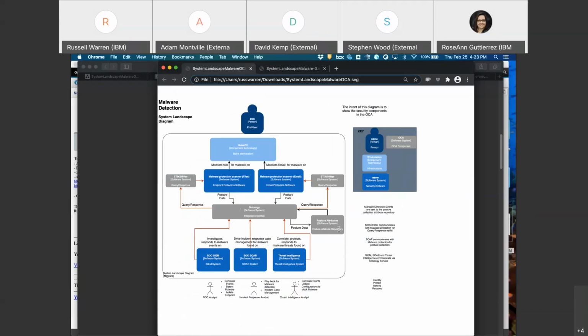This is where, again, I think I went off bounds, and this is where my SCAP team is going to help me. I don't know what happens when you do a scan. I know when you do scans of systems, posture data, if you will, I imagine it goes somewhere in your posture system. I just put posture attribute repository based on the diagrams you guys have drawn so far, but we've got to figure out when these things are scanning and come up with something. I think it's part of a posture assessment, I think. Who do they talk to on this SCAP side? I just put this here because